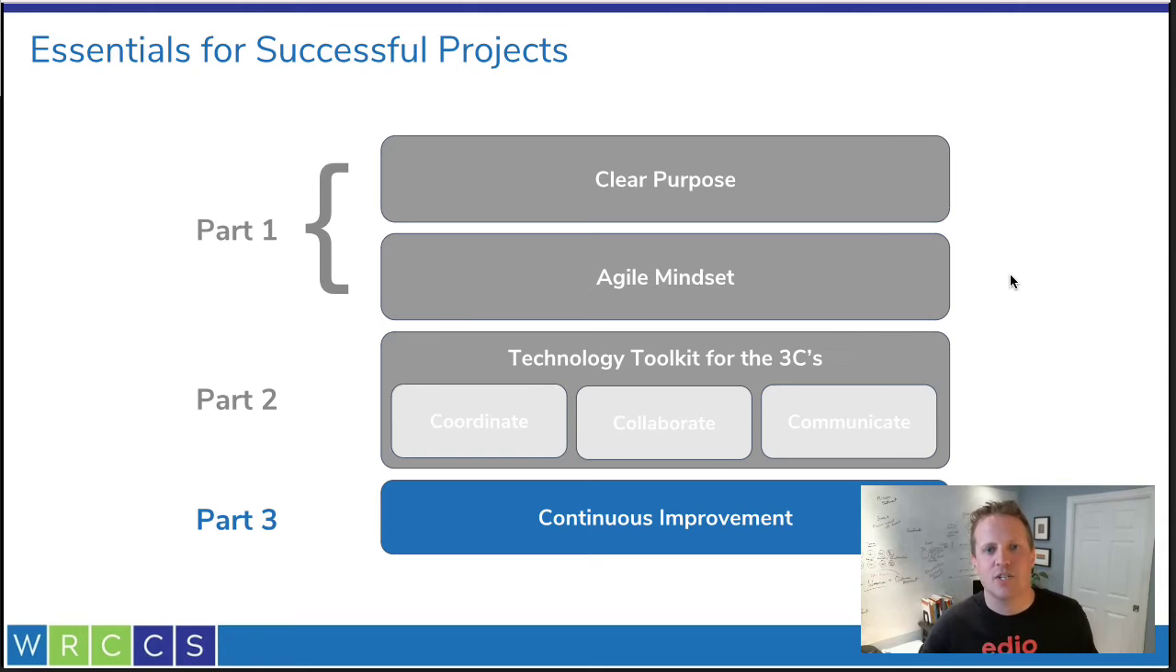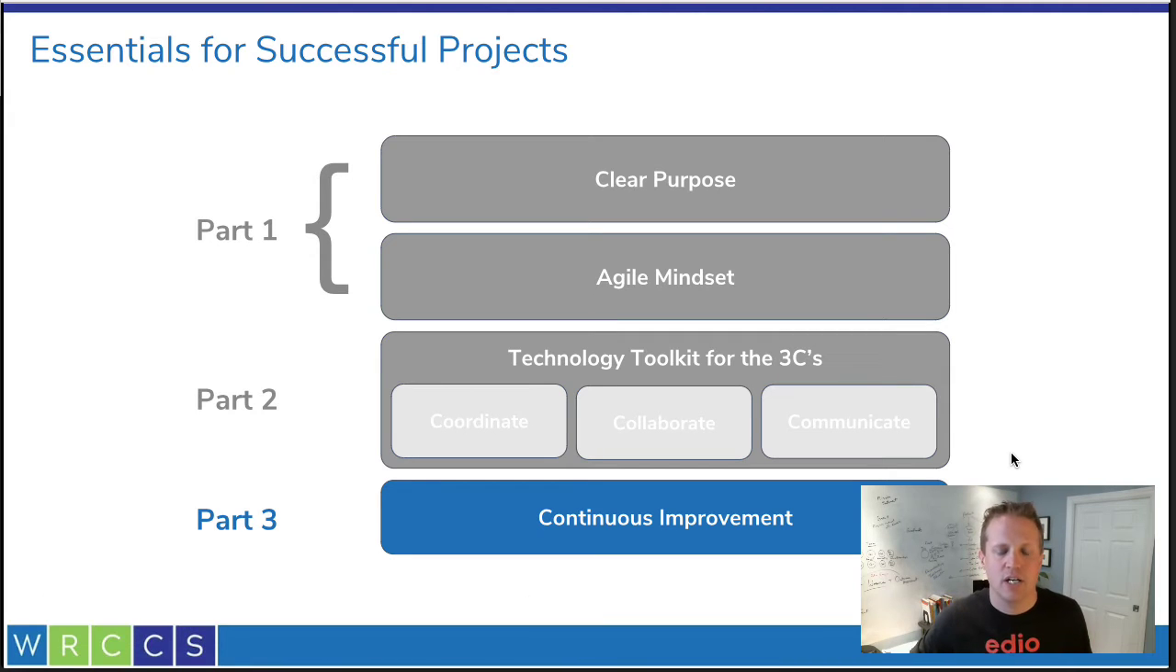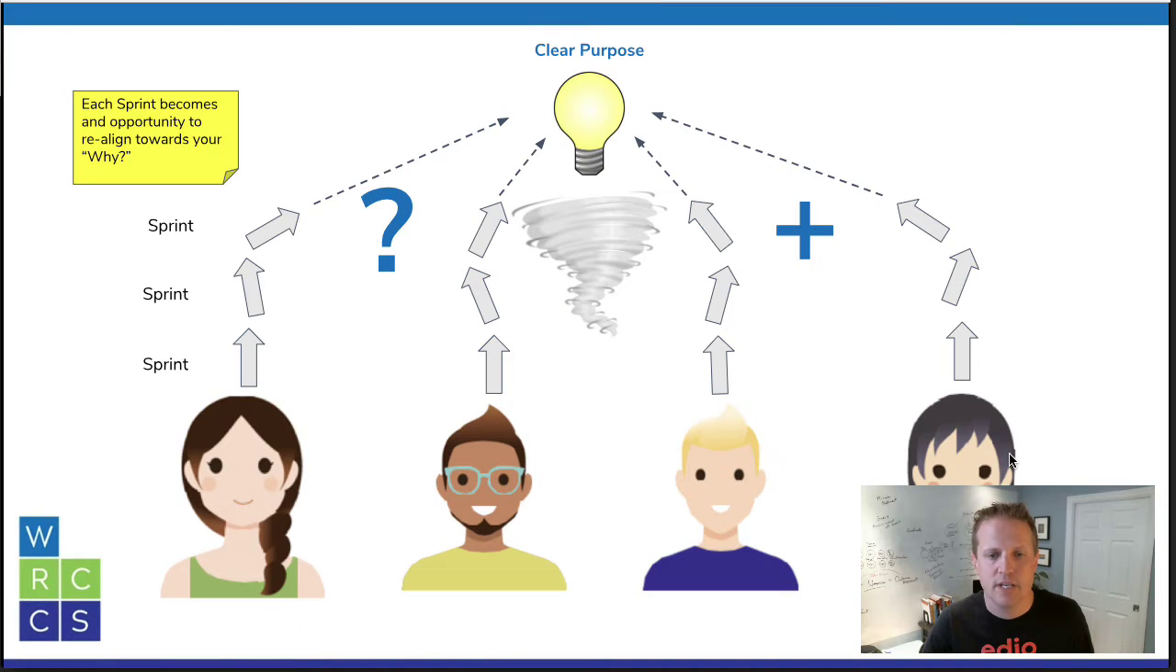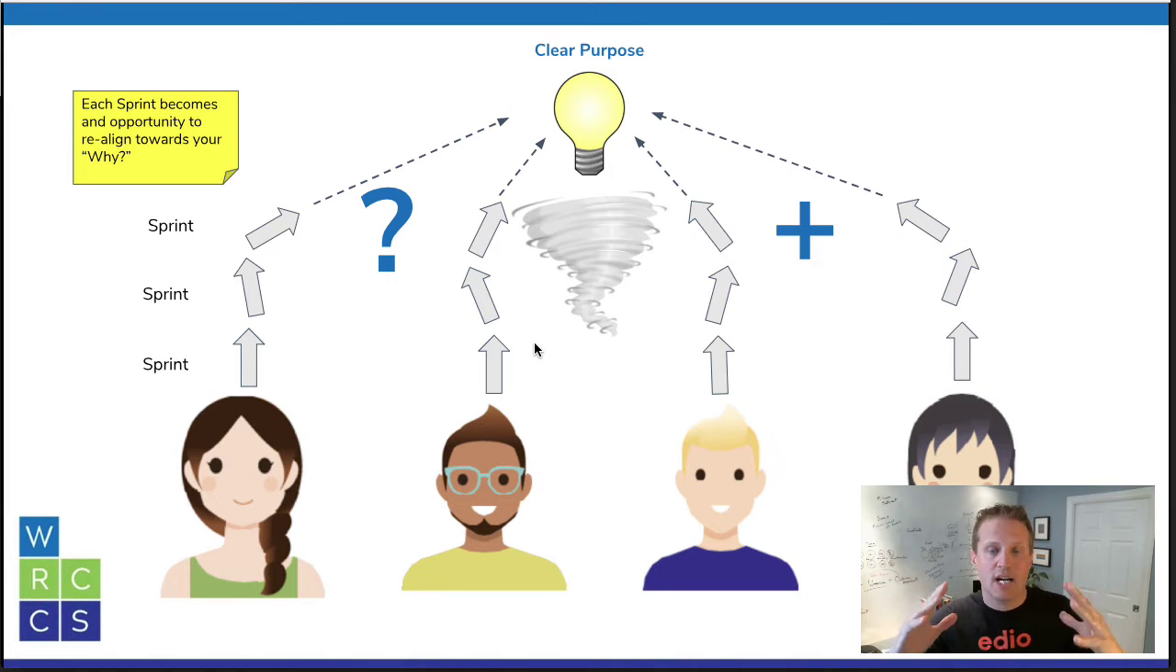So in this final section, we're going to talk about continuous improvement, which is a requirement really for managing a project in an agile way. So to start with that, I want to bring us back to this diagram where we have our team working towards a clear purpose, which helps us keep on track when the project gets a little chaotic. And remember, if each one of these arrows is a sprint, after each sprint is an opportunity